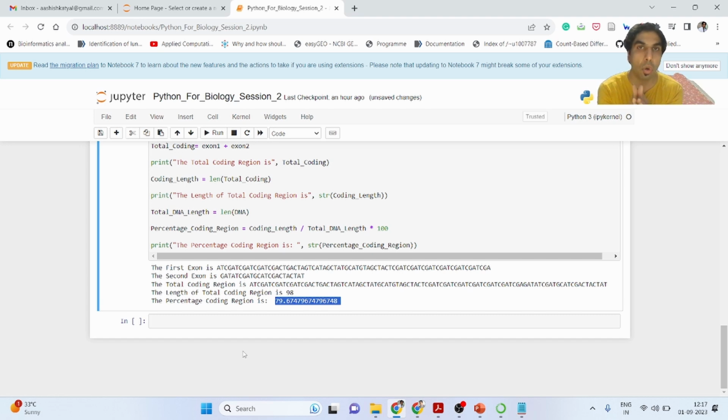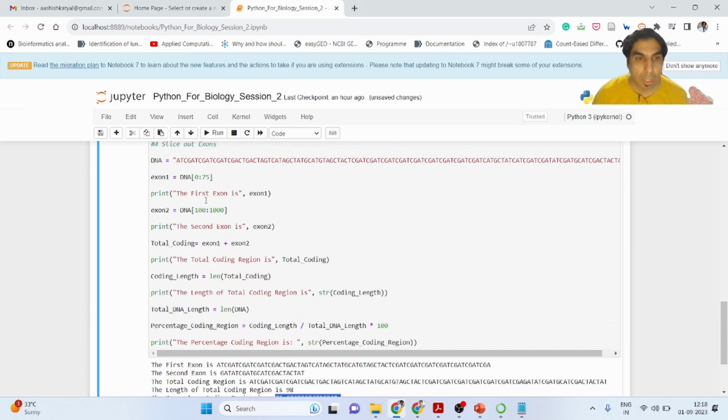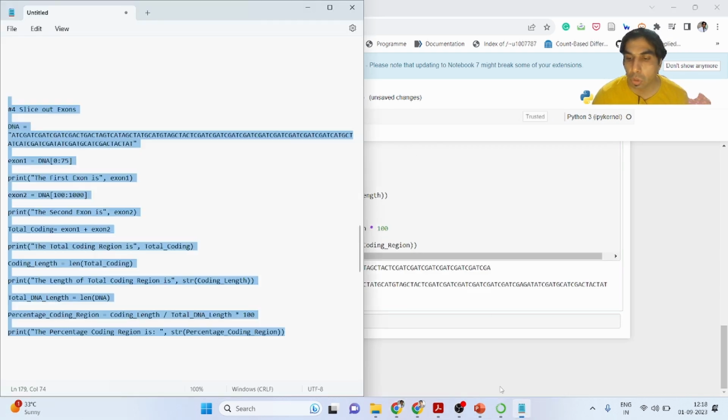In Python, you already know that it always takes the first point, and goes towards the end, but it does not include that particular end index value. So in this case, for the exonic region, it starts from 0 and goes towards 75, but it only takes up to the 74th index value. In this case also it starts from 100, goes towards the end, but takes one value less. I will tell you in more detail in the intronic region.